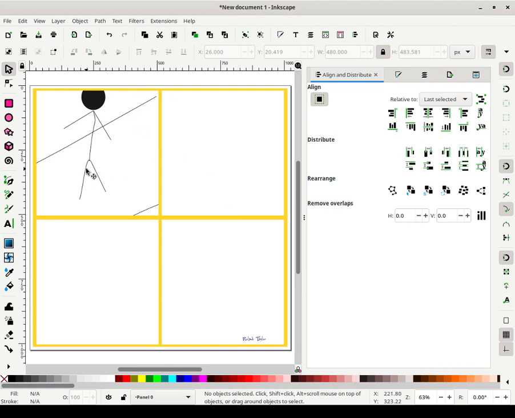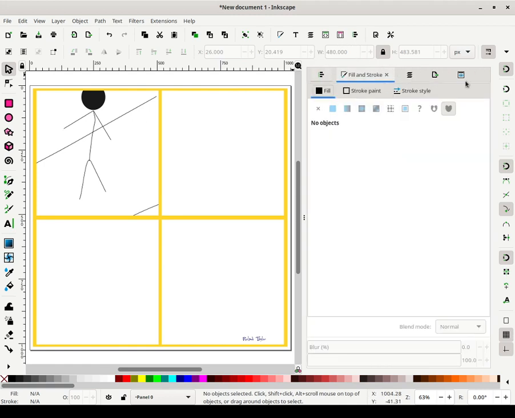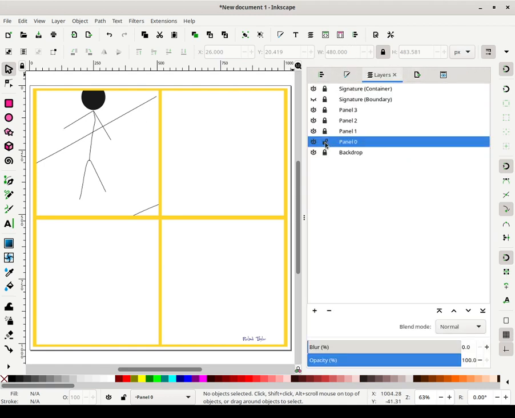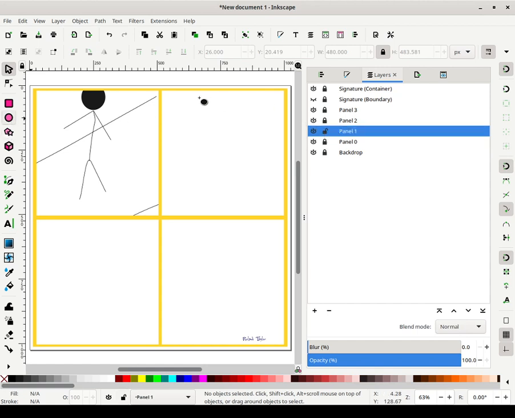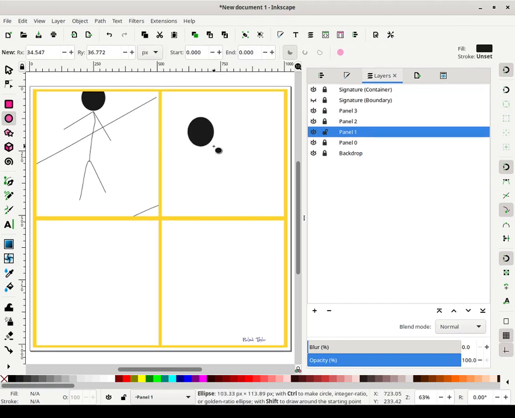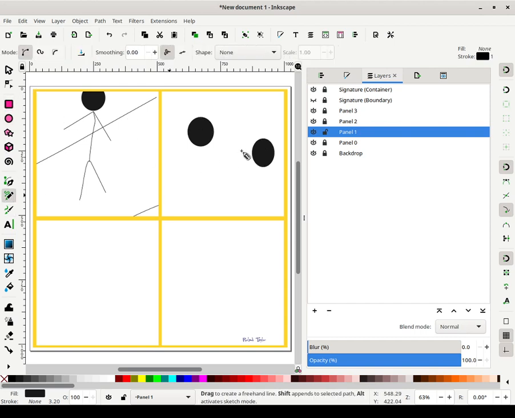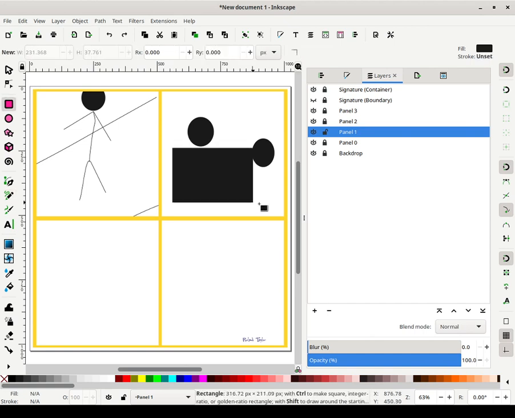Yeah, so that's basically how you would create a panel. You can then repeat the process without all my mistakes and all my forgetting. You can repeat the process in all the other panels. So just to show you clean this time, without any mistakes because of me forgetting anything, we go back to panel 1 now and create a new something here. So we're going to put two people talking at a table or something. Okay, let me not use a line. Let me just draw a rectangle.